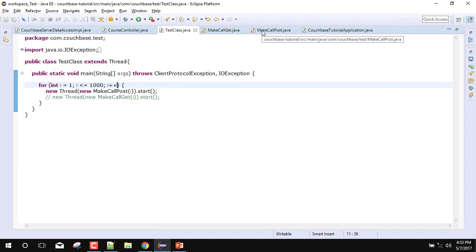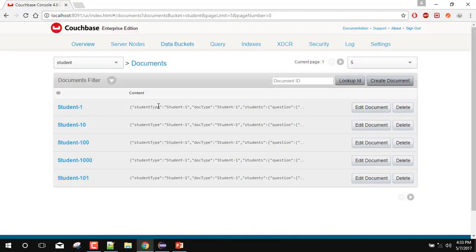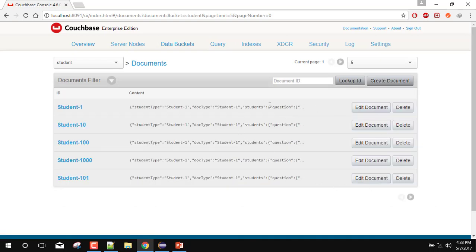So we can see in the bucket whether the records are inserted or not. Okay, in our data bucket, student, 1,000 records are successfully inserted. We can also see here that the records are successfully inserted.